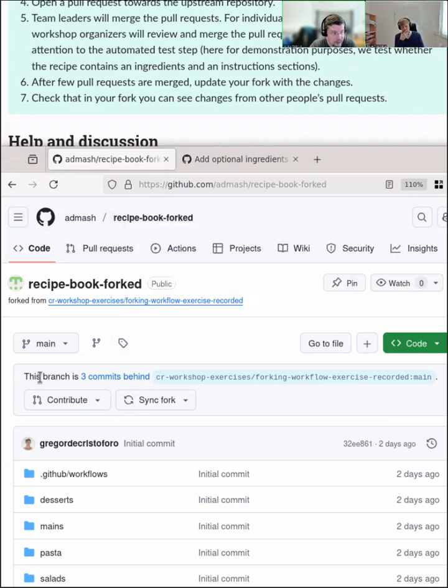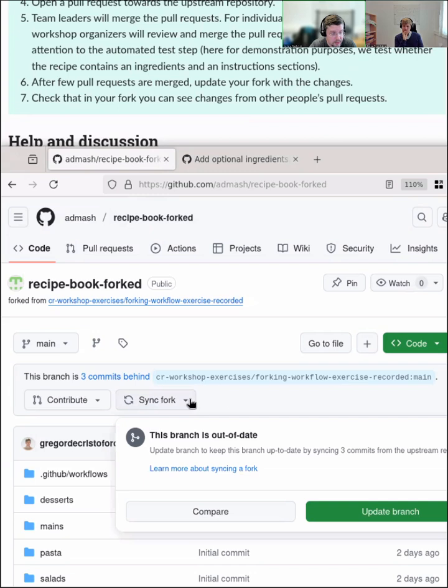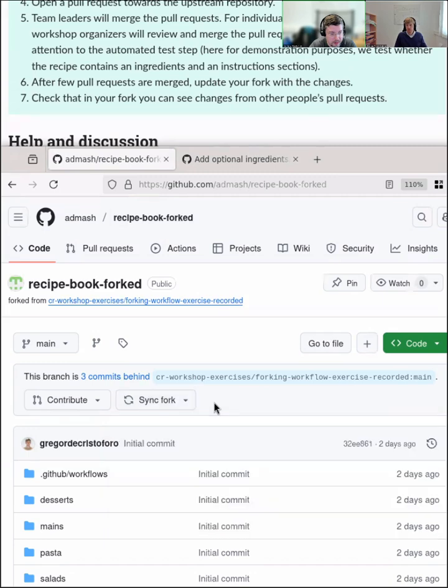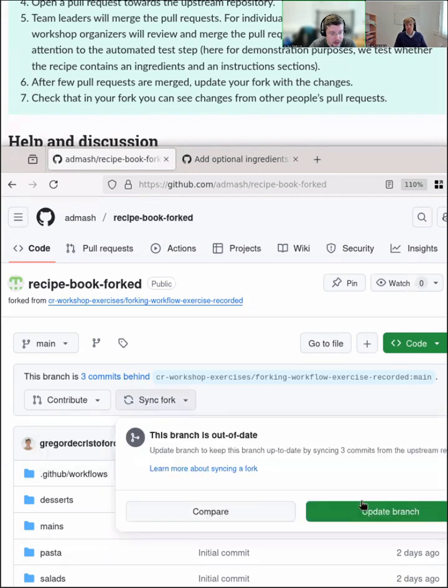And we have this little information here. This branch is 3 commits behind the original repository and branch. And so then we have the option to update this branch and pull the changes from it into our local fork of the repository. So we can click there and then click Update Branch.